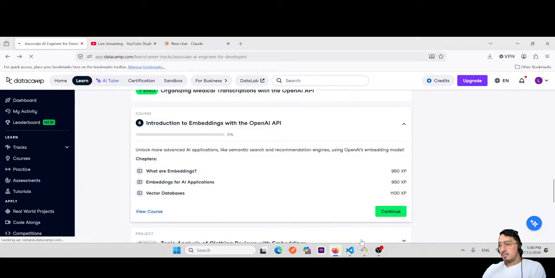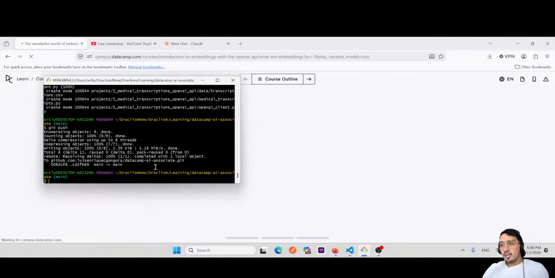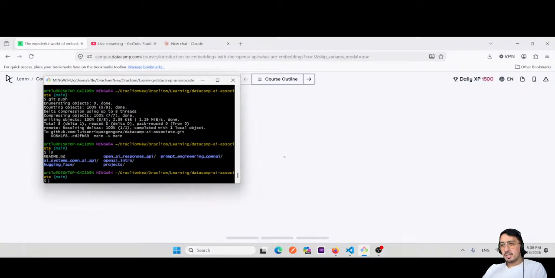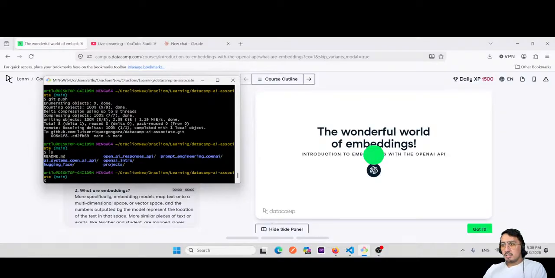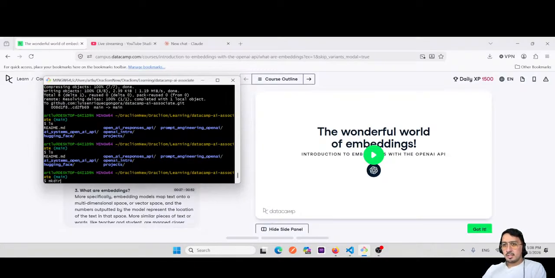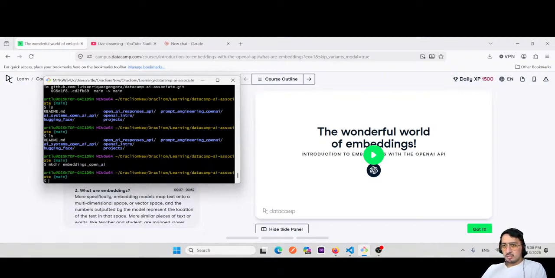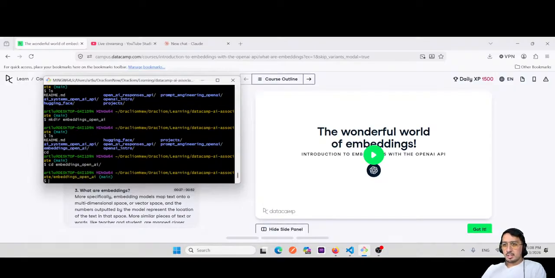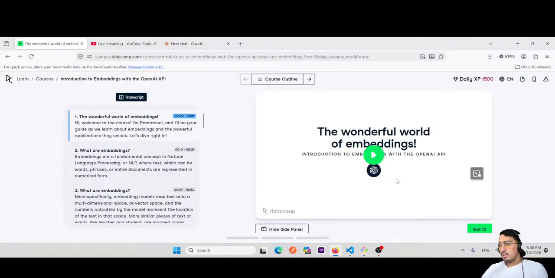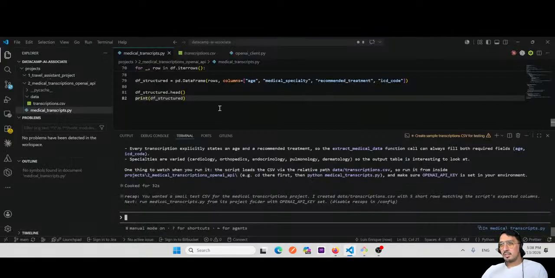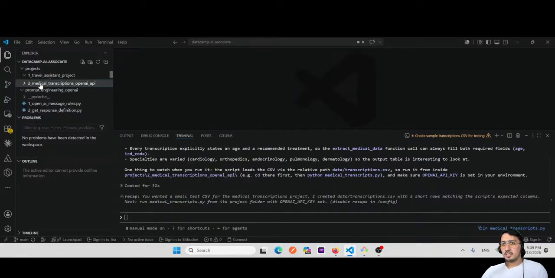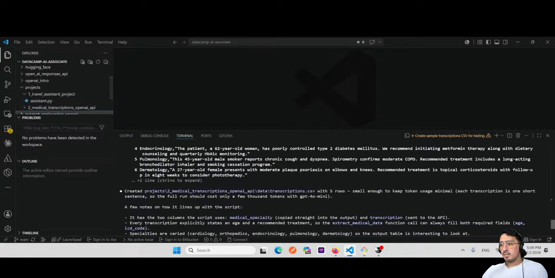Now I think we need to create a new directory for this, so it's gonna be embeddings OpenAI, unless I have this one there. So let's go there, and now that we are doing this, let's close all of this. Now we have our